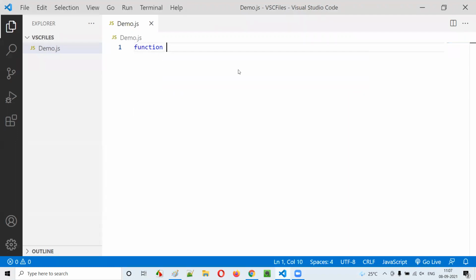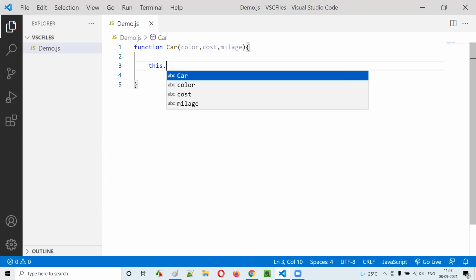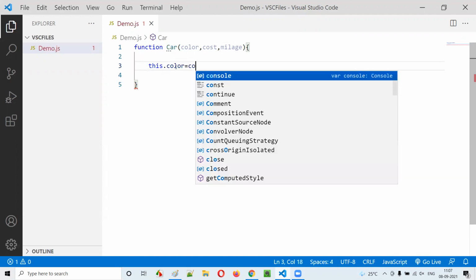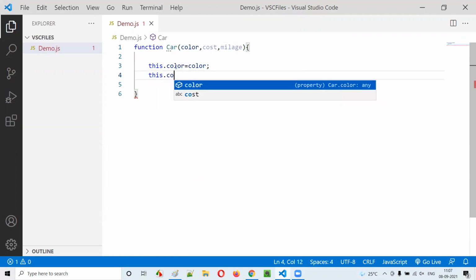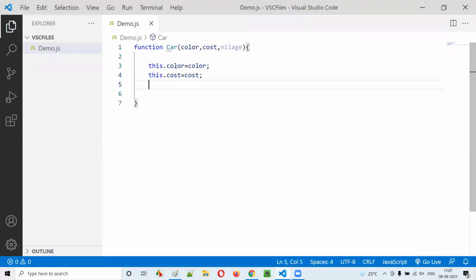For now, I'm directly creating the constructor function here, say Car. Here I'll receive the color of the car, cost of the car, and mileage of the car. Inside this, I'll say this.color = color; this.cost = cost; this.mileage = mileage. Done. Now let's say there is one more variable. Apart from these three variables that we are receiving from outside, there is one more variable inside this constructor function, that is